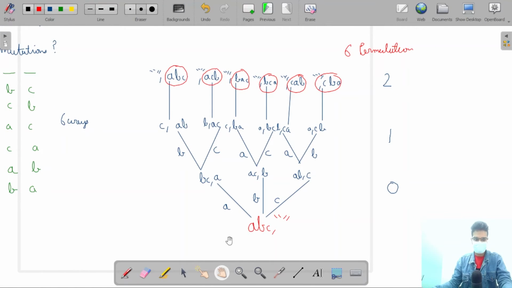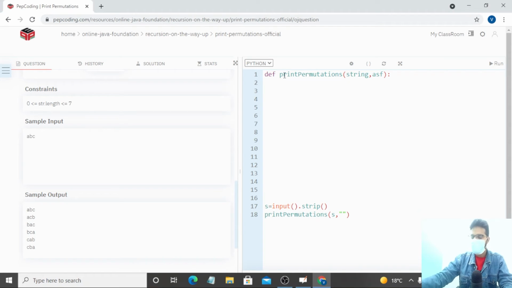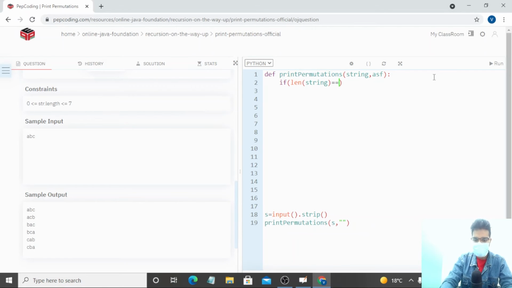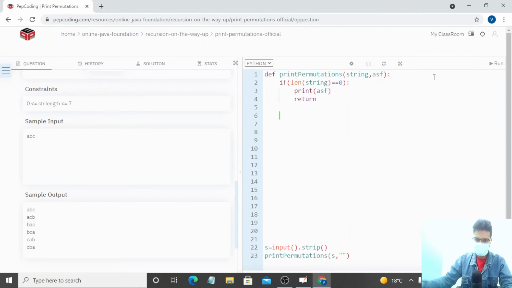Okay. So first, let's code how much we know. Okay. We know when we will get our answer. We are getting our answer when our string will become empty, right? So if length of string is equal to 0, that means we got our answer. We will simply print our answer so far. And after printing, we will return it. Now,